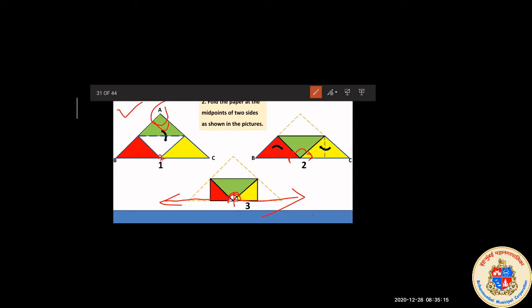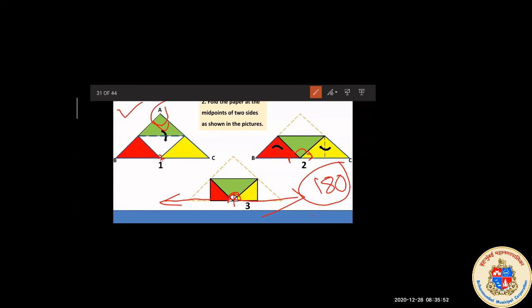When I join all the three angles of a triangle, when I make them come closer to each other, the result is a straight angle, and the measurement of a straight angle is 180 degrees. Remember, you know this thing. So I can say, when I join all the three angles of a triangle, I am getting a result of 180 degrees.